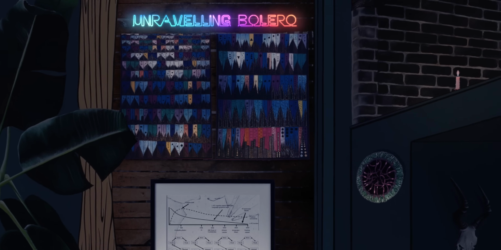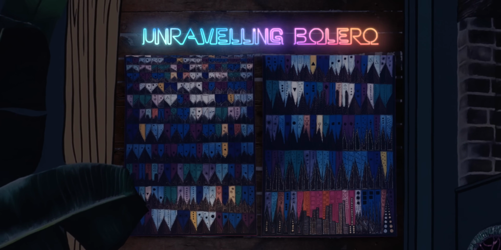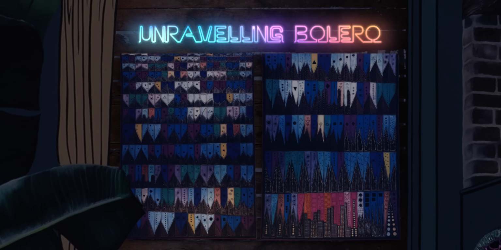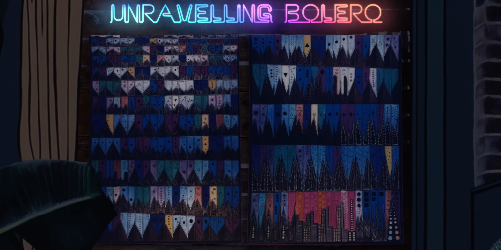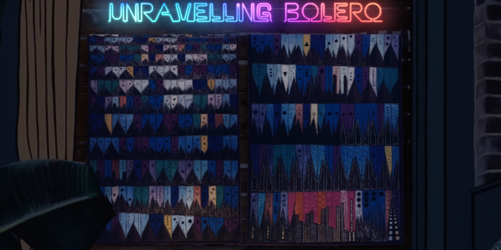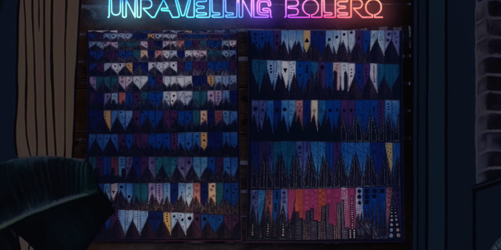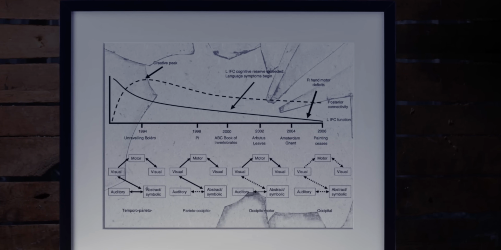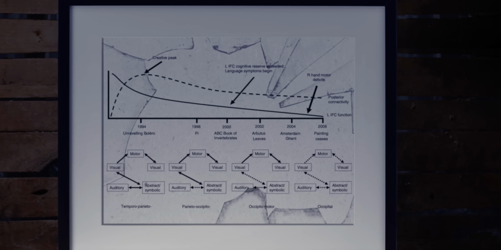In it, she uses several rectangular blocks, one for each bar in the piece, with the heights of the blocks representing the dynamics and the colour representing the harmony. But most importantly for our story is both when and why Adams created this painting. This work of art, just like Bolero, represents an exercise in symmetry and patterns and was produced a number of years before symptoms of aphasia arose for Adams.